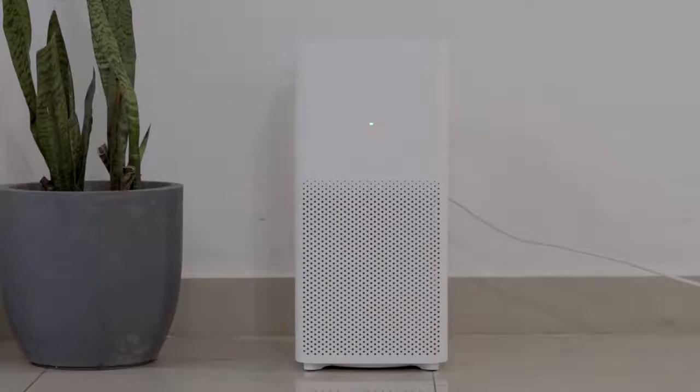So winter is coming, and along with that, pollution in North India. Anyway, Xiaomi recently launched the third generation of air purifier in India, the 2C, at an aggressive price of 6,500. Now on the surface, it's cheaper than the previous model, the 2S, and yet has higher CADR. Of course, they have to cut cost when it comes to display and Wi-Fi, but it still raised two important